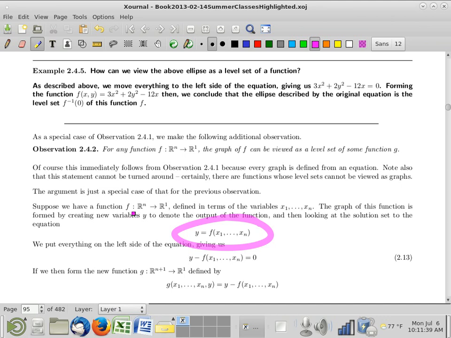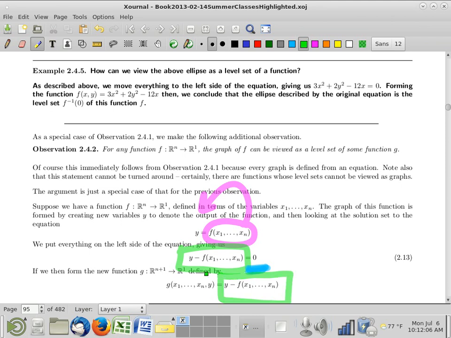Well, it's certainly not the level set of f. The level set of f, or a level set of f, would be described by f equaling a constant. y is not a constant. But I can play this trick that we talked about. I can take this and move it over to the other side of the equation, like so. And note what I have then is stuff equals a constant. So that stuff that's being set equal to a constant, that is the function. It's a new function. It's not f. See? It's y minus f. But that's a new function